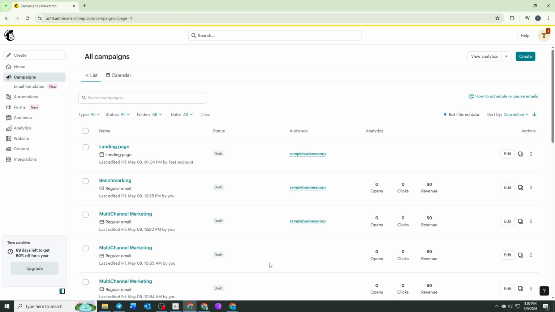One important thing to remember is that deleted campaigns generally cannot be restored later. Because of this, it's always a good idea to save any important reports, analytics, or campaign content before removing it permanently. Staying organized while keeping backups of important information can help you manage your email marketing more effectively in the long run. And that's it. You now know how to delete campaigns in Mailchimp and keep your dashboard clean and organized for future projects and